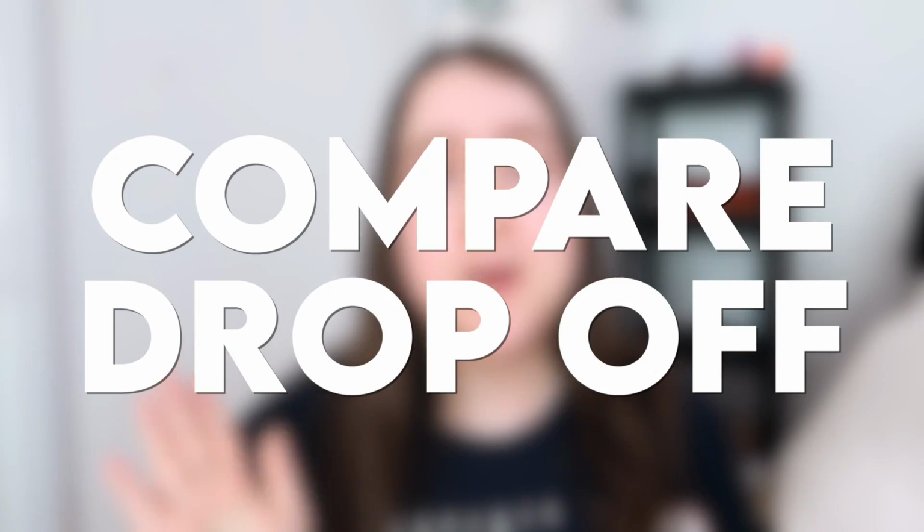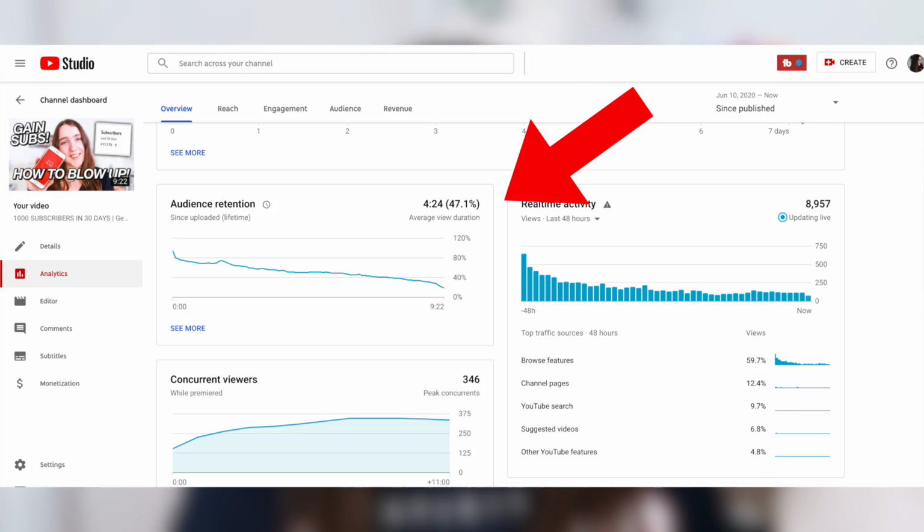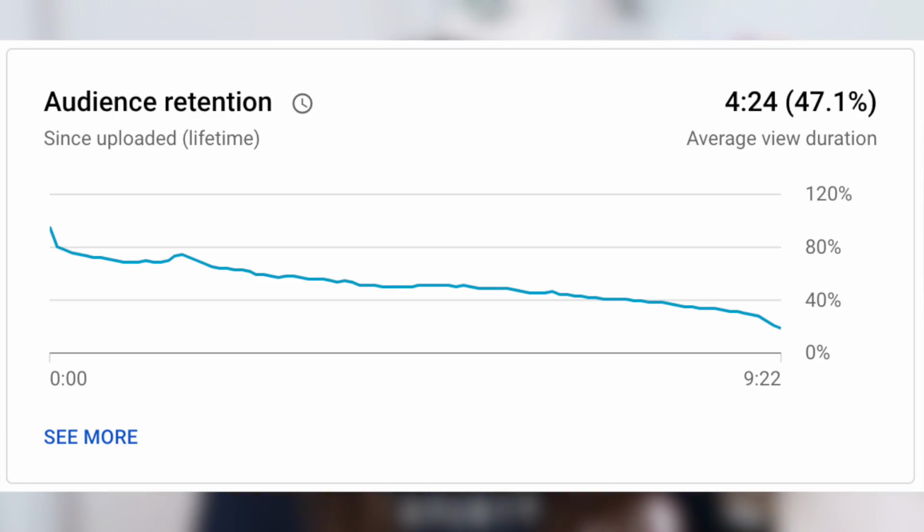Tip number 3, compare drop-off points. This is one I neglected for so long and it is so important. Within your YouTube analytics, if you look at the analytics of each one of your videos, you can see the audience retention of each video. Underneath, the audience retention gives you a graph of where people are watching your video and where they are dropping off. So if you see on your graph that, let's say at 2 minutes and 3 seconds of your video, 55% of people are clicking off of your video, that tells you that something at that point is turning them away from your video.